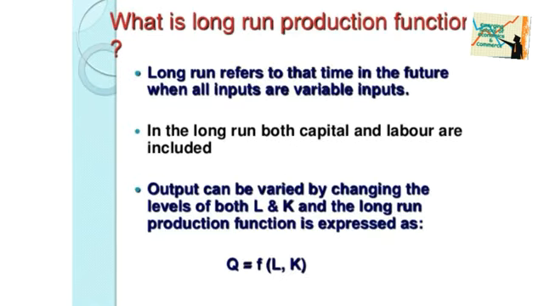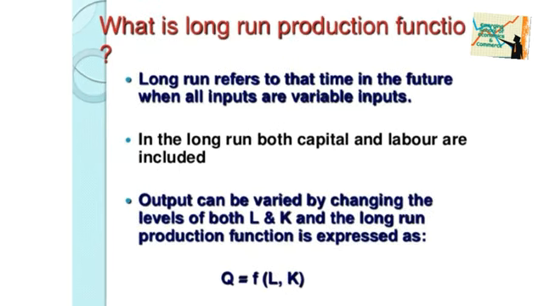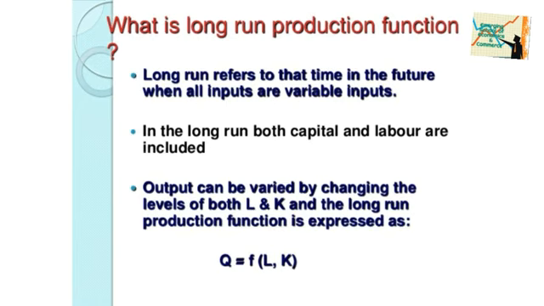What is the long run production function? The long run refers to that time in the future when all inputs are variable inputs. In the long run, both capital and labor are included. Output can be varied by changing the level of both labor and capital, and the long run production function is expressed as: